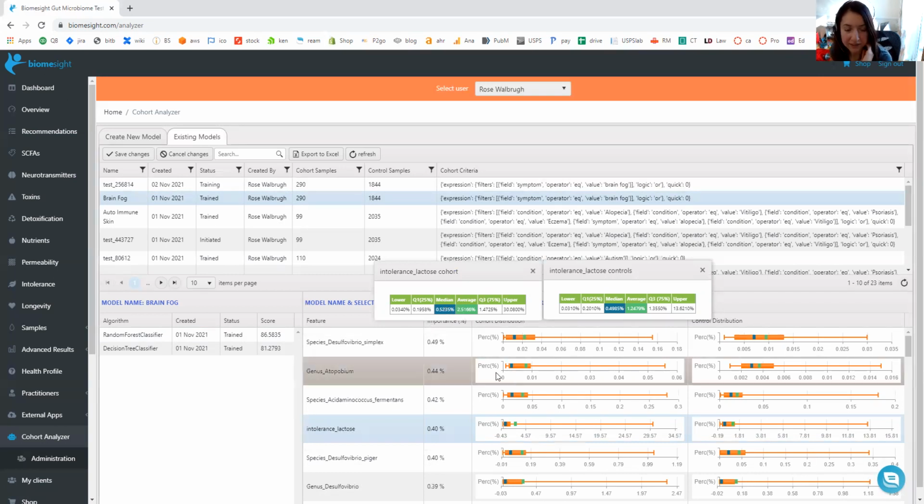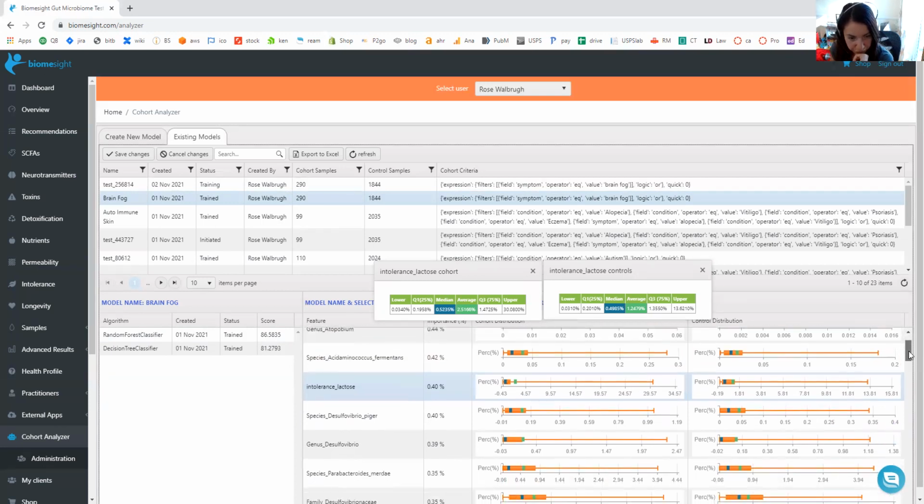So this is a surprising finding. This isn't what you'd expect. You would expect lower lactase producers in people with different issues, but I guess that doesn't mean this is indicative of brain fog, while it might be indicative of somebody with lactose intolerance in the first place. This is a question that we can actually address by selecting people who indicated that they have suspected lactose intolerance or known lactose intolerance, and we can see how this lines up. If we scroll down, you can see we've got some more hydrogen sulfide producers,